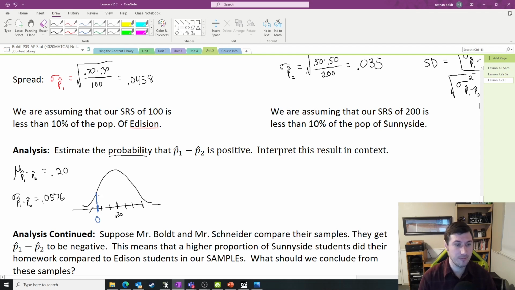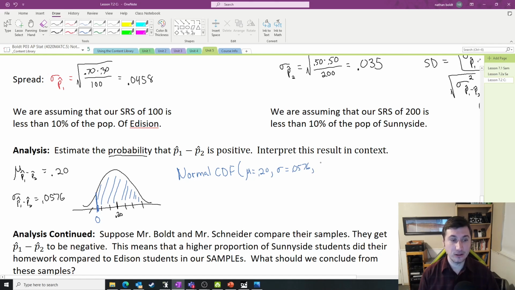I want to know the probability that we're greater than 0. That is simply a normal CDF where the mean is equal to 0.20, the standard deviation is equal to 0.0576, and the lower is 0,